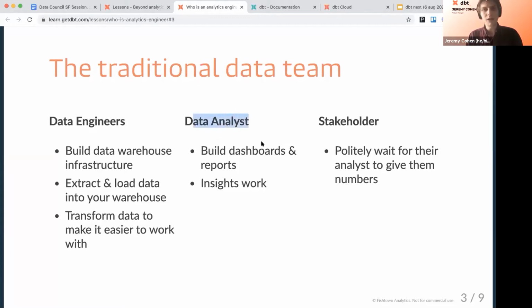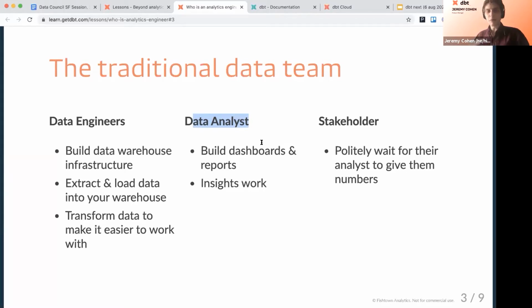The role of data analysts being to write SQL, to take stakeholder requests and translate it from English into SQL, or from French or Spanish or whatever other language into SQL, using that SQL to then power dashboards and reports or any downstream insights work that they need.